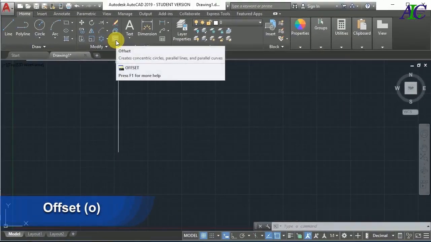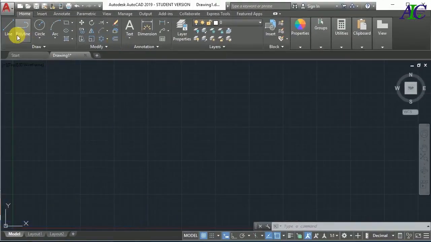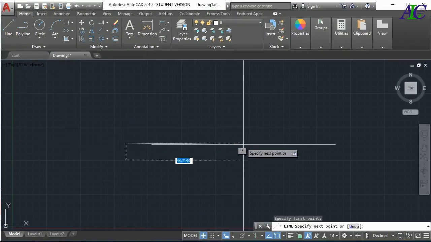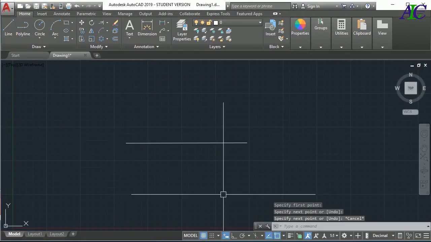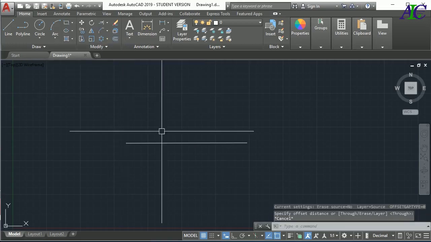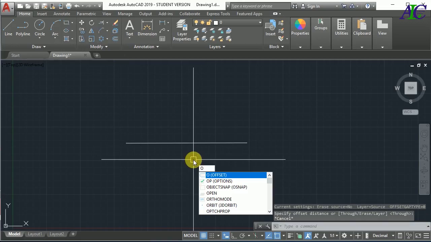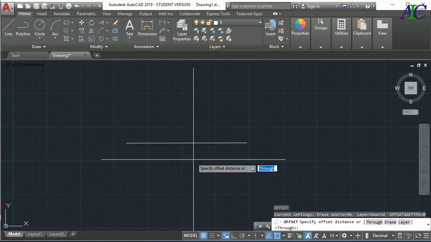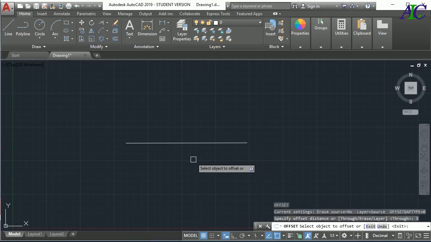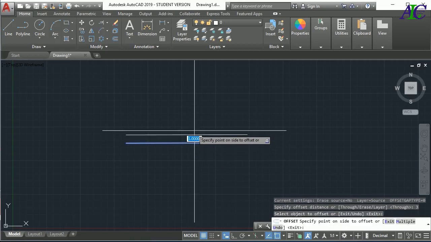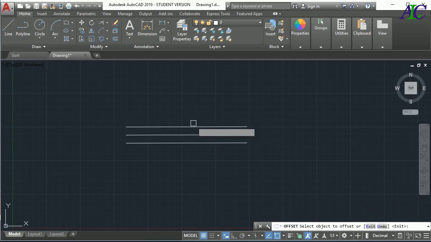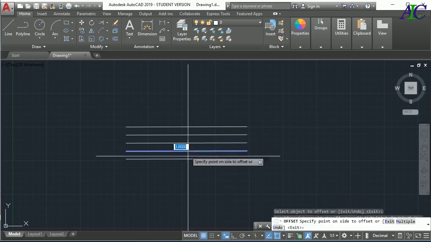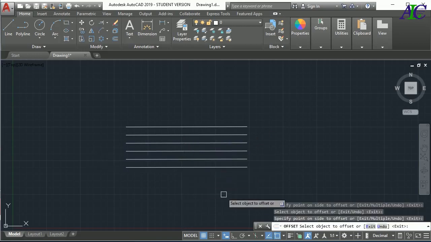Okay, the next tool is offset. For example, you have a line and you want to make an offset. You can select from here, or you can click O and enter, and then now you can give it a number, for example 3, or maybe the below here you want to offset